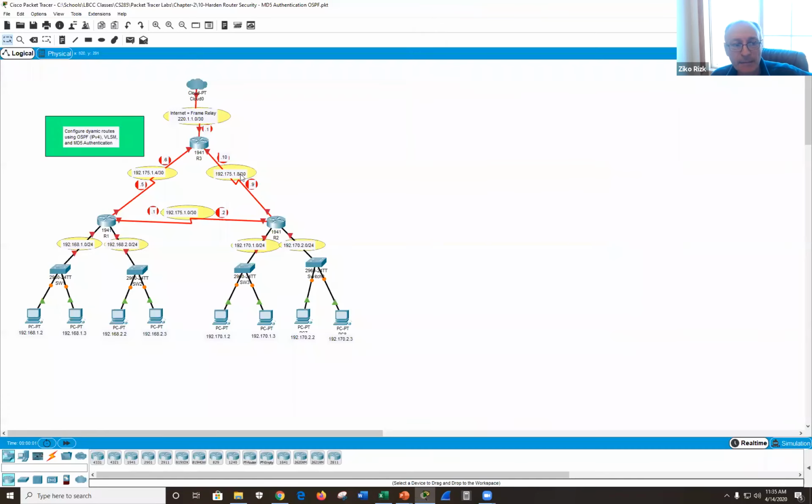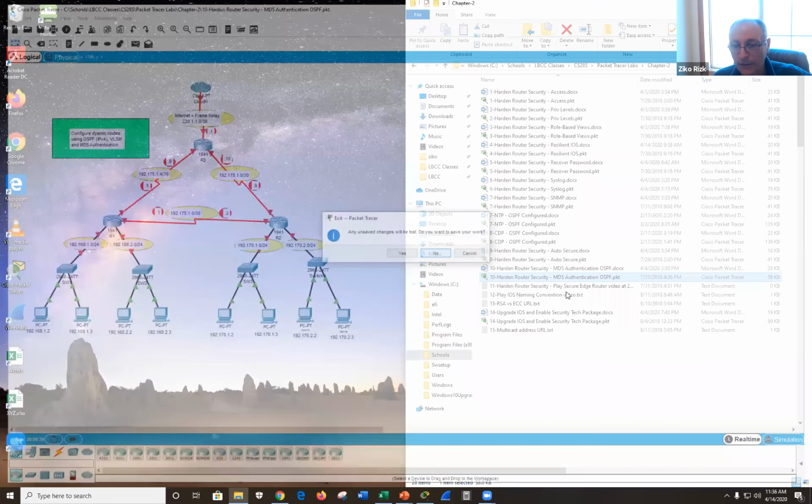So I go back to the same architecture or a similar architecture, and these routers are configured for dynamic routing protocols. We want to make sure that they can trust the other router they're doing business with. And we're going to be using a password and MD5. And the MD5 is to hash the password and to authenticate the neighboring routers before you exchange information with them. So nothing complex, and things now we fully understand. Hashing and using that hash to authenticate. And that's it for chapter 2.